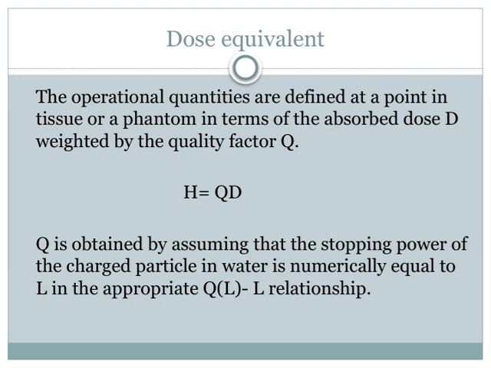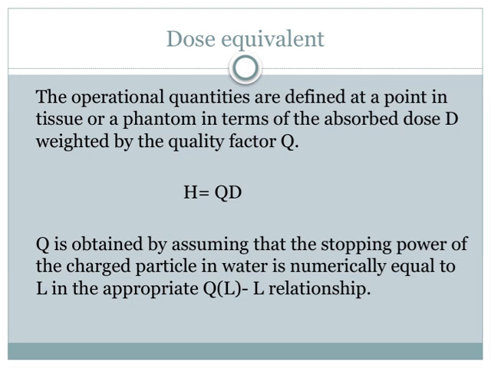Q is determined by assuming that the stopping power of the charged particle in water is numerically equal to L, which is part of the Q versus L relationship. This way, Q reflects how the radiation's quality influences the dose, helping us better estimate potential biological damage. When we talk about dose equivalent, we're essentially combining the physical dose with the biological impact, giving us a more meaningful measure of radiation risk. This approach allows us to connect the physical aspects of dose with their biological consequences, which is a key theme